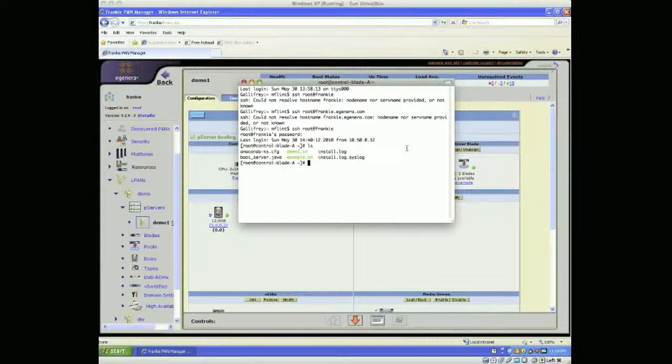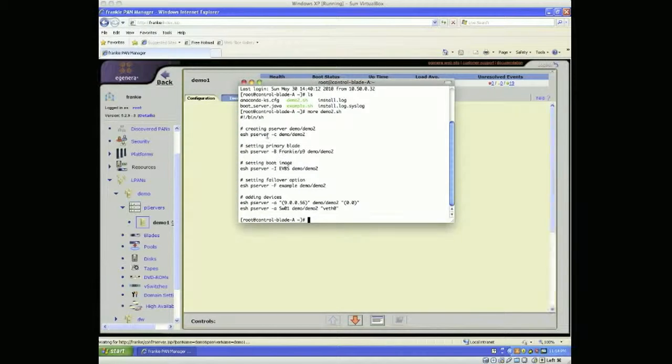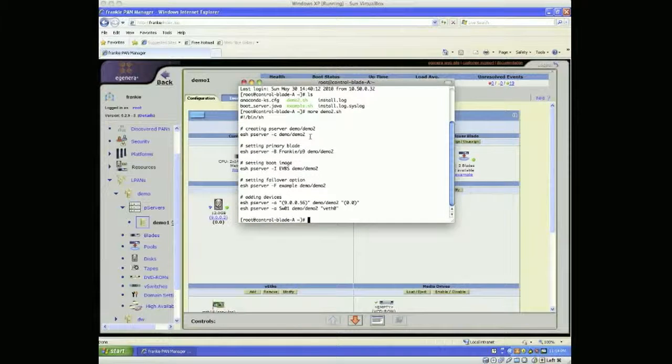So there we log into the blade system, and here I've got a basic shell script called demo2.sh. So what this does basically is, using the command line interface of Pan Manager, it will create a server called demo2. It will assign blade number 9 to this particular server. It will set the boot image to be the default. It will assign the failover pool example. LUN56 from the SAN will be assigned to this particular server, and it will attach virtual Ethernet interface 0 onto